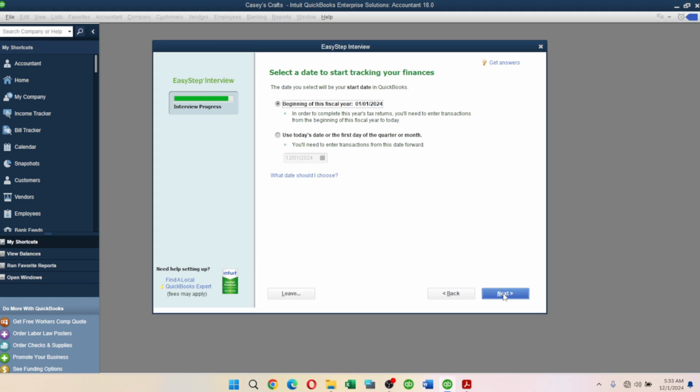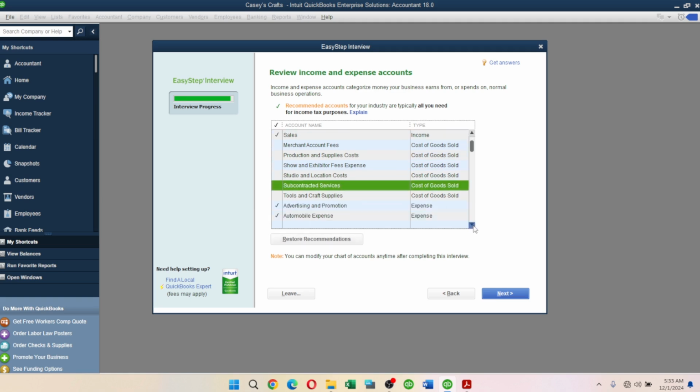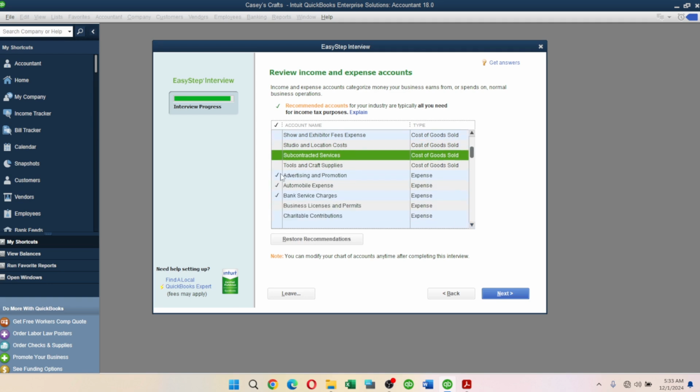We'll go ahead with 1st January. So click next. Now this is a review of our chart of account, how our chart of account is going to look. So we have the sales, we have the subcontractor. I don't think we need this, we don't need that. So any chart of account we don't want or we don't need, we can always remove, and we can add